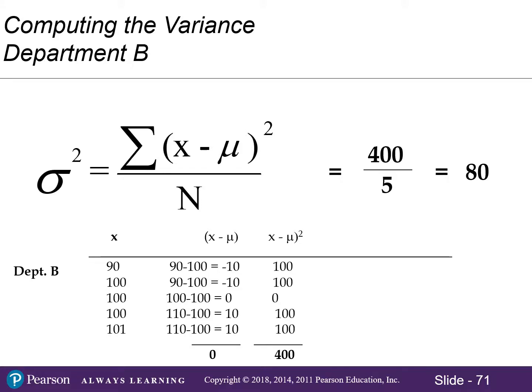Yep, I can't pause it and fix it. I'm so sorry, guys. The x values should be 90, 90, 100, 110, 110, and it's not. I've used Department A again. It should be Department B's values. I apologize. So you go through and take all those, subtract the mean, so you get a bunch of